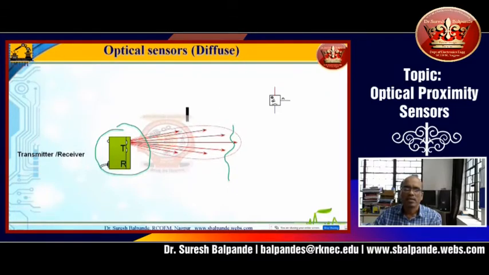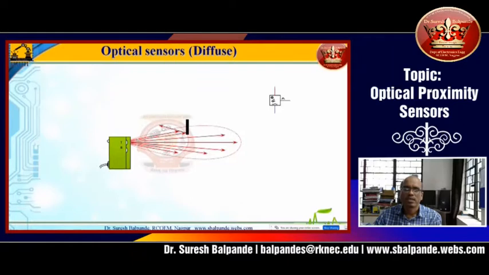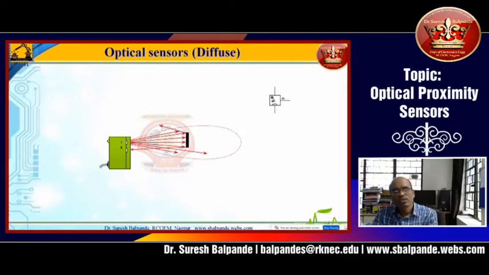Now the target is there. You can see, if the target is just entering, the light will reflect in the wrong direction. Whenever your object is exactly at the center of the lobe, then only the light is reflecting back to the receiver section. Of course, it is not possible to reflect all the rays back to the receiver, because light scattering takes place and light will be reflected in all directions. But definitely some light will fall on the receiver, and because of that, it is detected that some object is present.